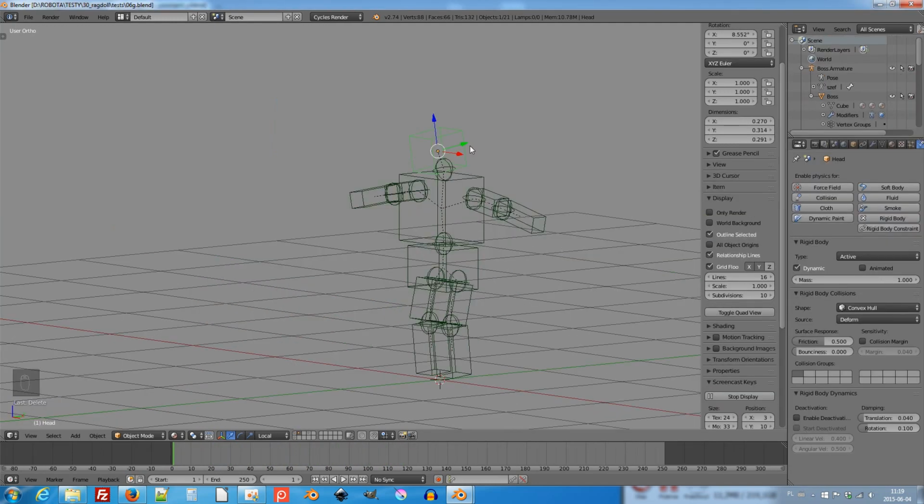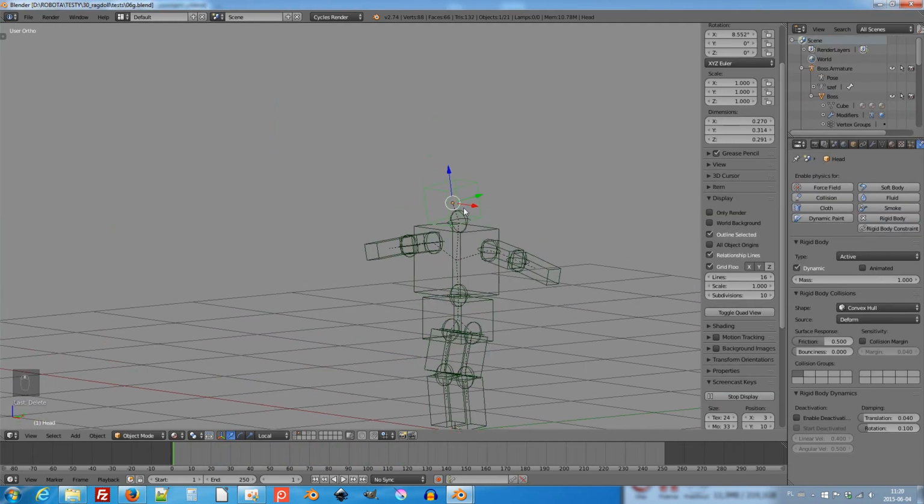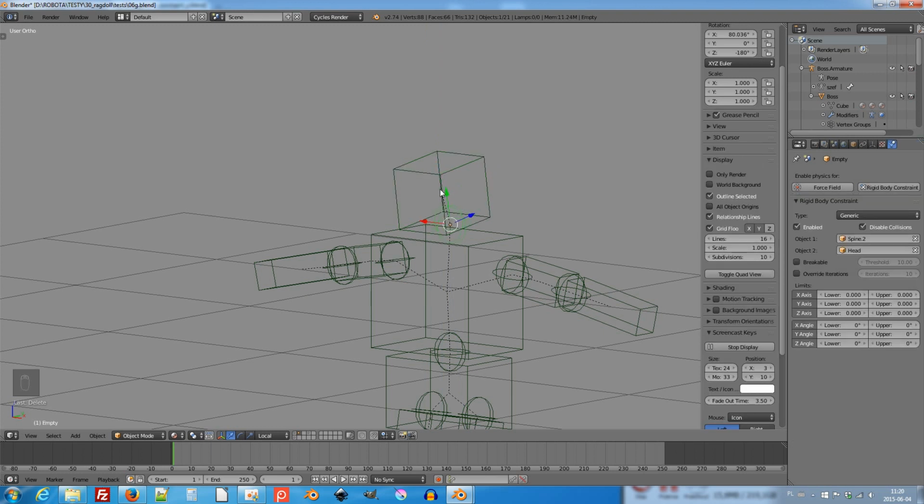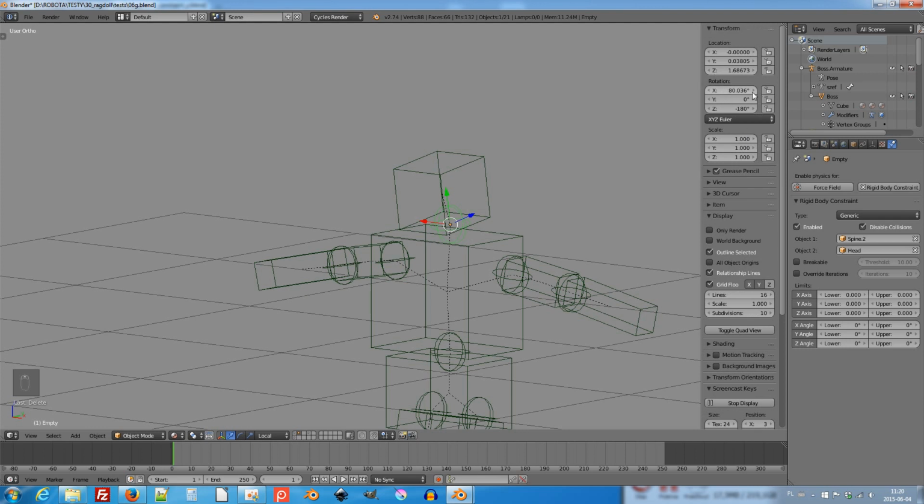So in this case, if I want to rotate the head to left or right, I must use a y-axis. But because it is broken, I must rotate this empty by 90 degrees along this red axis. So I can go to rotation and write on ending plus 90.